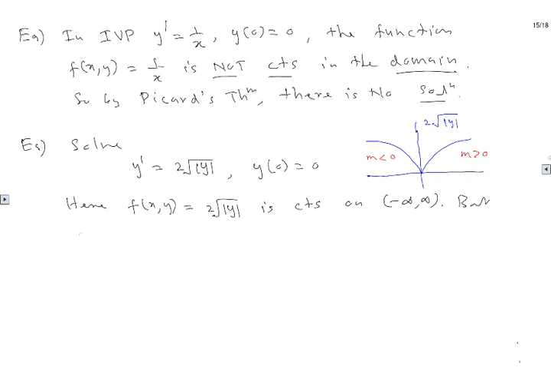But the partial derivative with respect to y, fy, we're going to consider as y positive and y negative, two cases. If you consider the positive case, you're going to get 2 times 1/2, 1 over square root y. And if you consider negative y, you're going to get a negative sign. So what we normally do is we say sine of y. So finally you're going to get sine